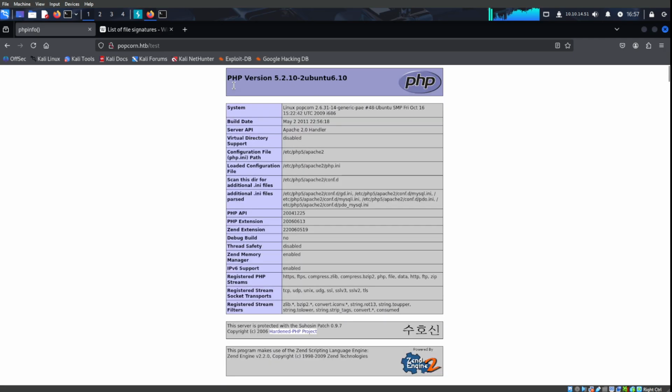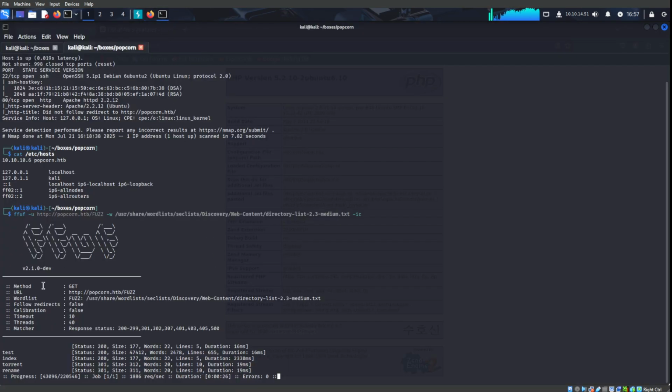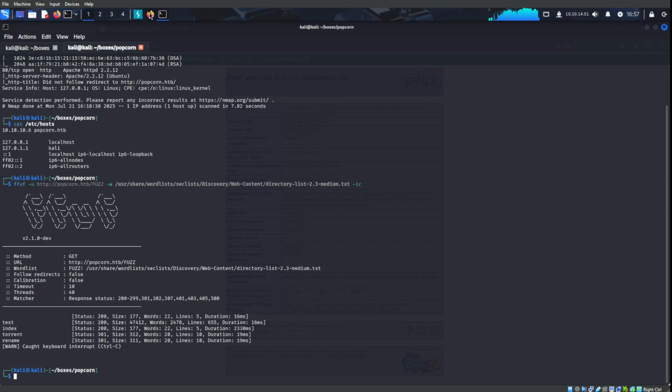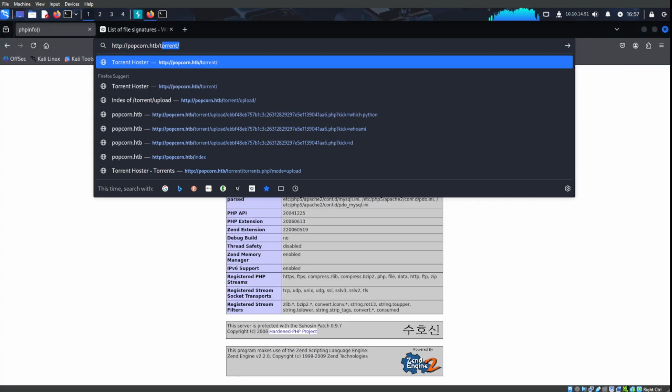We can easily see the version, so we might be able to see what kind of vulnerabilities there are with this version. But I'm just going to spoil it. It's going to be torrent. So if we just go through torrent,